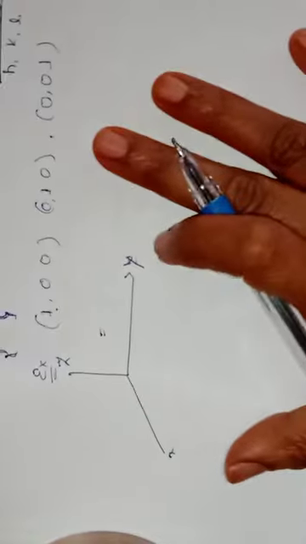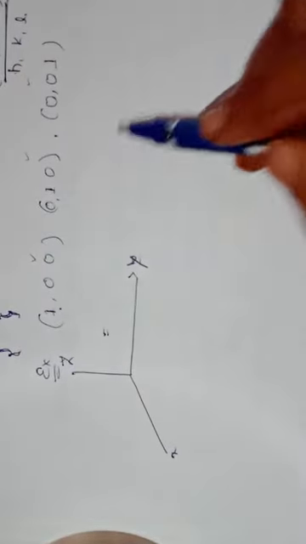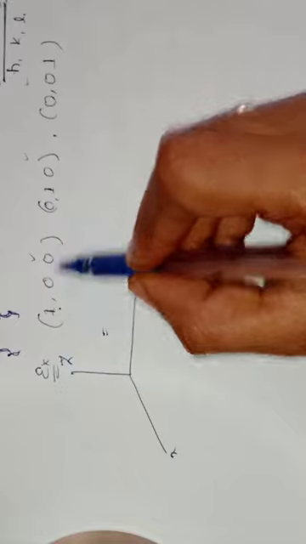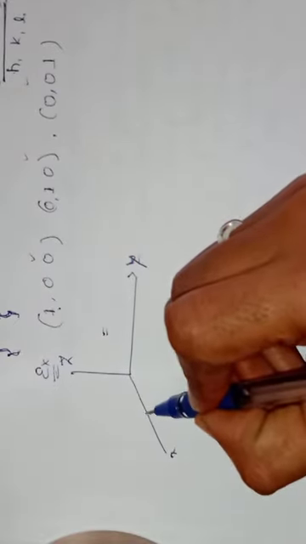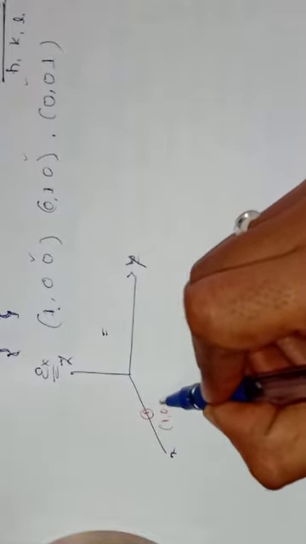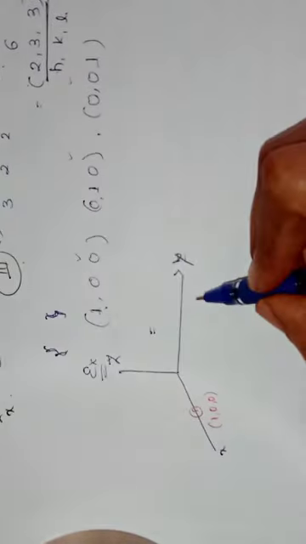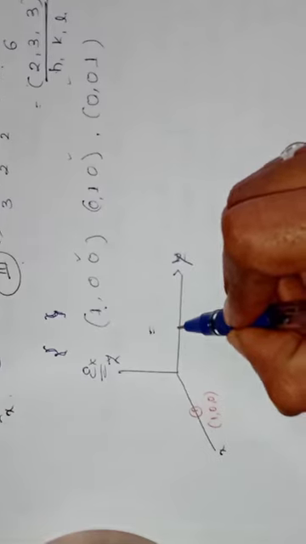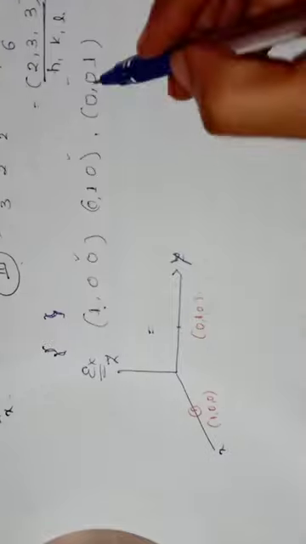Sorry, this is y. So what they had given? 1 2 3, they had given the planes. 1 0 0 means along x-axis 1 is there. Where is 1? Here we have to take 1. This is 1 0 0. Then the second one is 0 1 0, along the y-axis. Along z-axis,